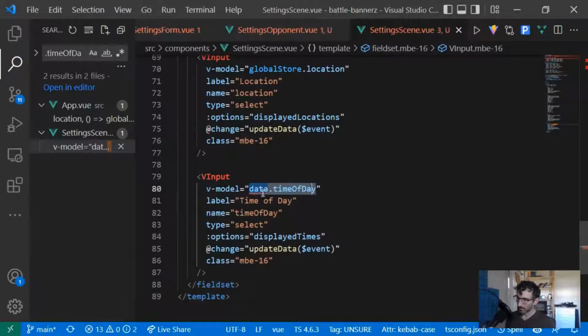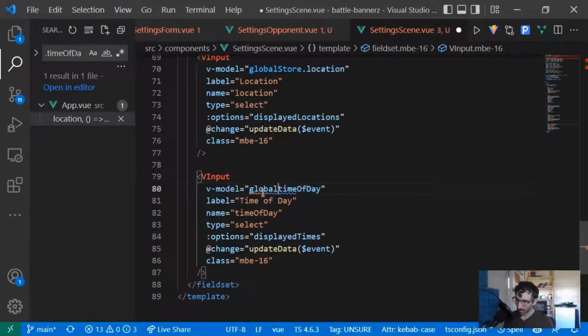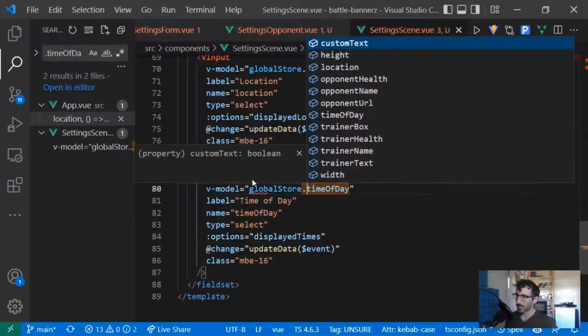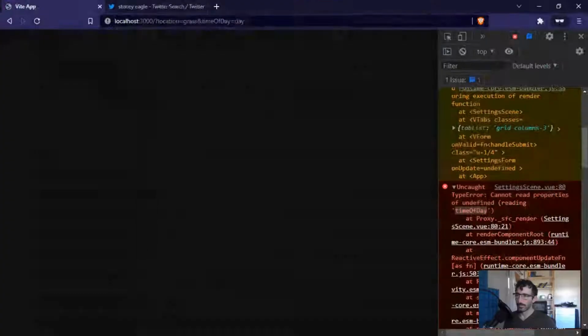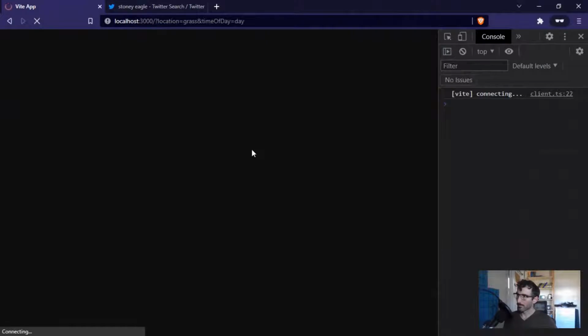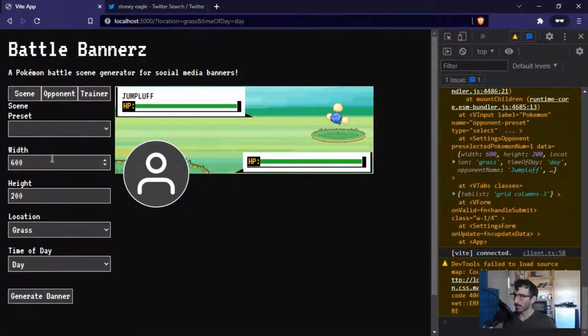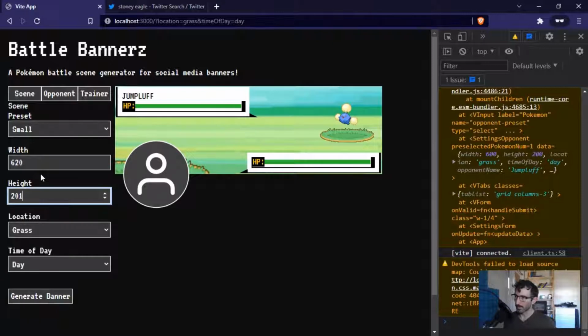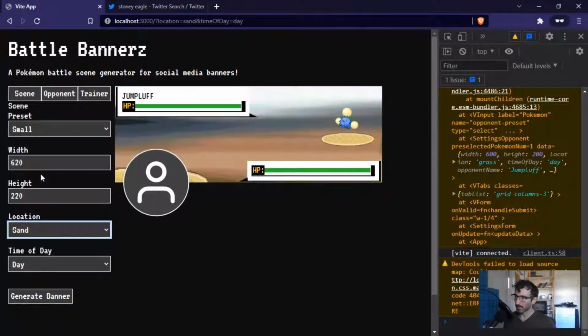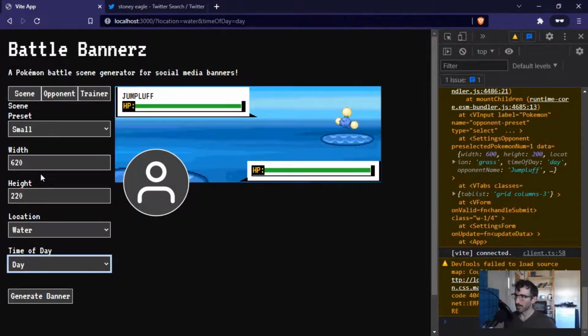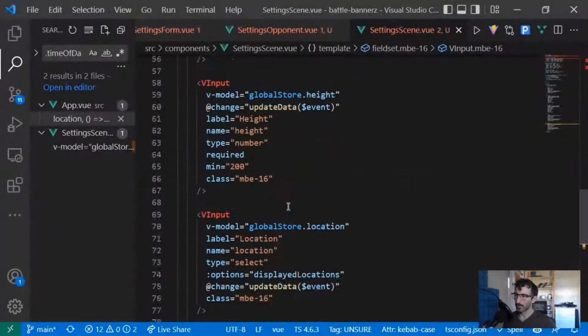Data. Anywhere else we're using that? Should be global store dot time of day. Okay, everything looks like it's back to working. Presets? Presets are not working. Size? Size is working. Width and height. Grass, location. Location is working. Time of day is working. Preset is not working